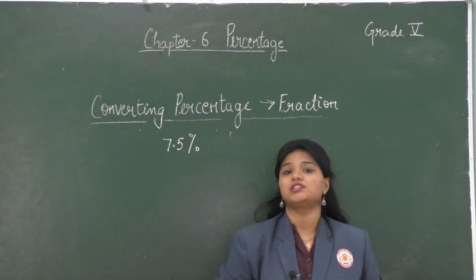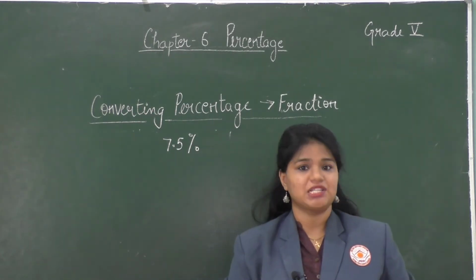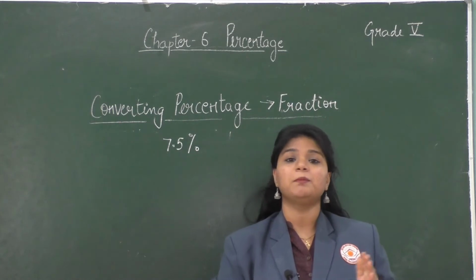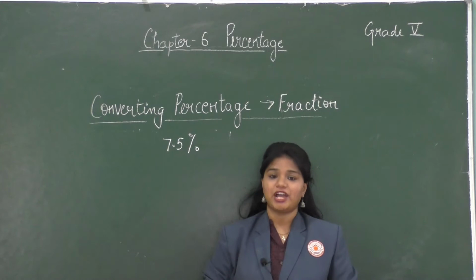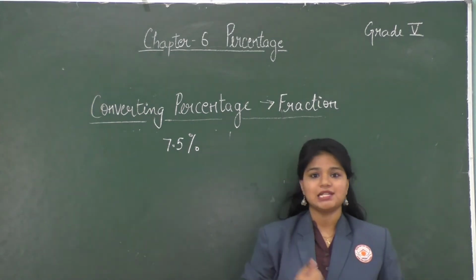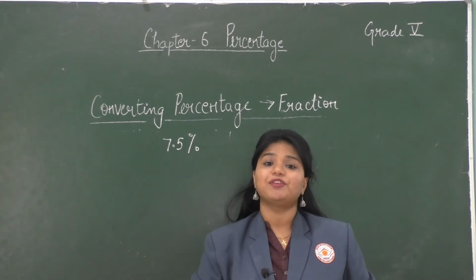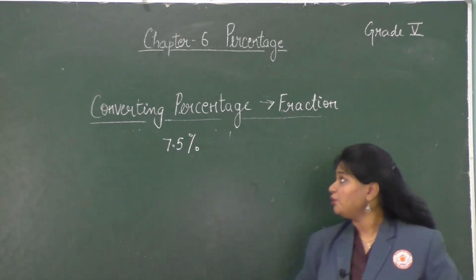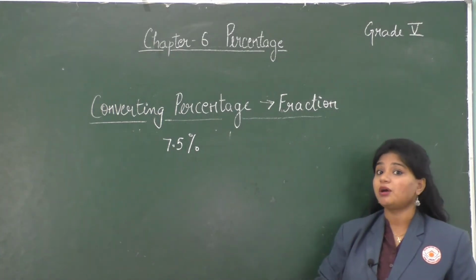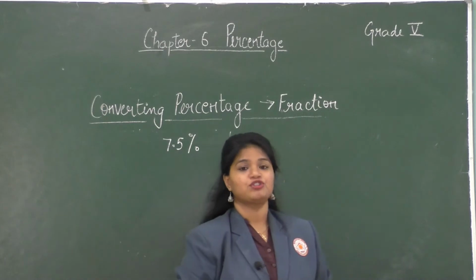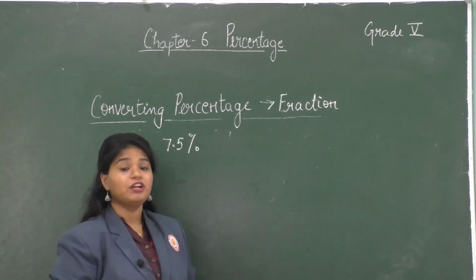So students, we learned two ways to convert a fraction into percentage. Now let's learn the vice versa of it, that is how to convert a percentage into fraction. When we are converting the percentage into fraction, first we omit the percentage sign and then we divide the number by 100, and further we simplify the fraction. So here we have a number 7.5%. The percent number is in the decimal form. So what will we do first? First we will write this decimal number in the form of a fraction.